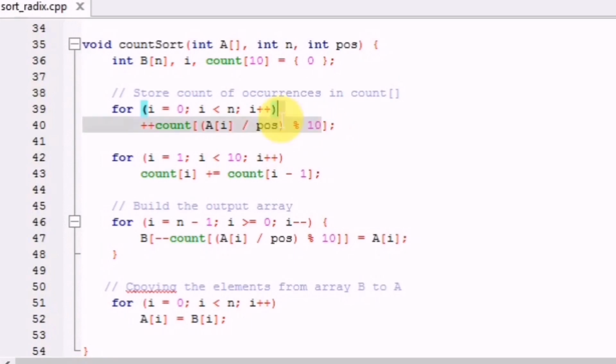So whatever the place value element is at that index of the count array, we are incrementing the value. In this way we will have the count of each unique element of the array. Then the next loop is for calculating the cumulative sum of the elements in the count array. So we are summing up the element at the count array with all the previous elements of the count array to get the position of the element, and this loop is to find out the sorted position of each element according to the place values.